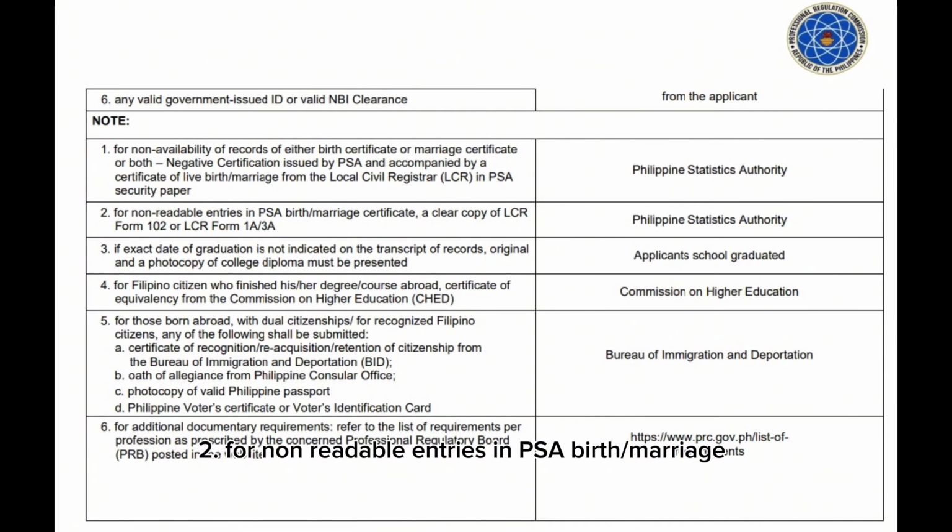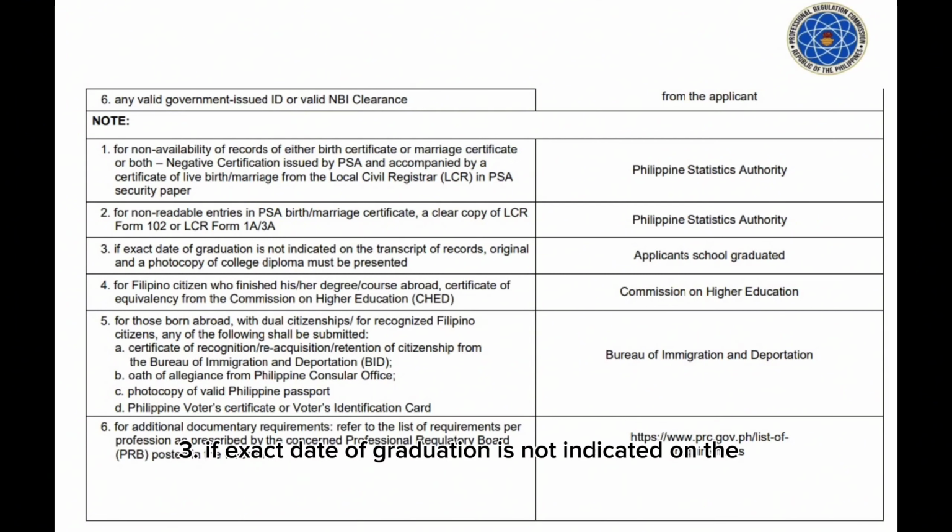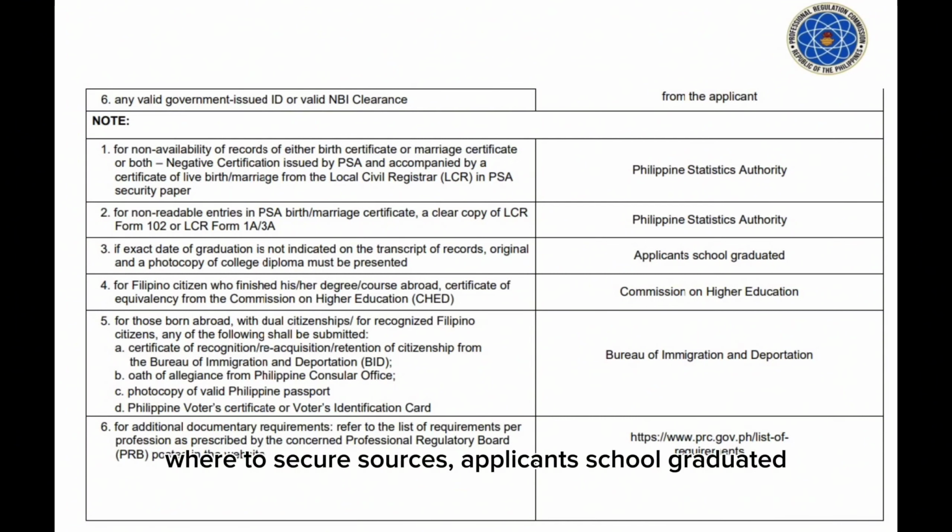2. For non-readable entries in PSA birth or marriage certificate, a clear copy of LCR Form 102 or LCR Form 1A or 3A. Where to secure sources: Philippine Statistics Authority, PSA. 3. If exact date of graduation is not indicated on the transcript of records, original and a photocopy of college diploma must be presented. Where to secure sources: